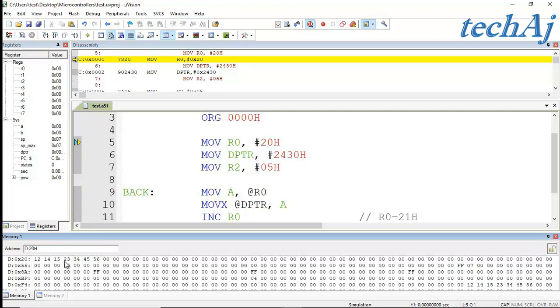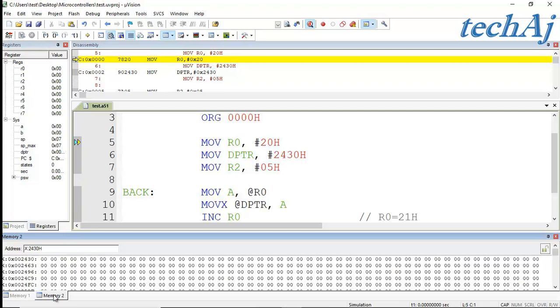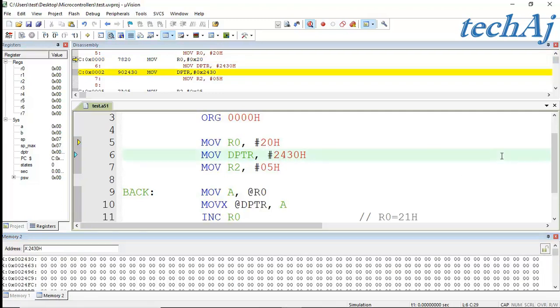I have added more than 5 values so that we can observe our program can transfer only first 5 values to the external memory. Now we'll go for the step-by-step simulation.